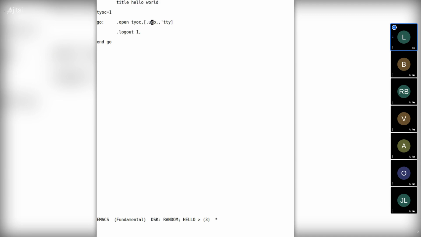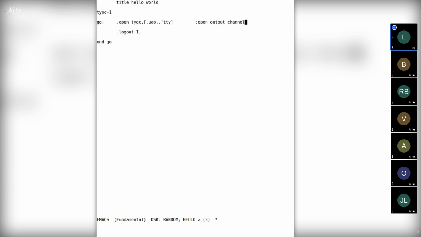The UAO part, that's the file mode. It means unit ASCII output. Which means unit means write one character at a time. ASCII means use text.